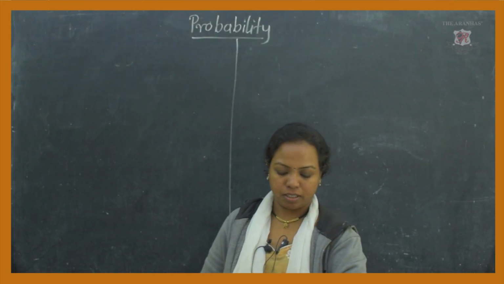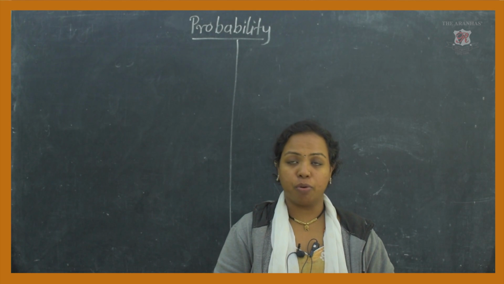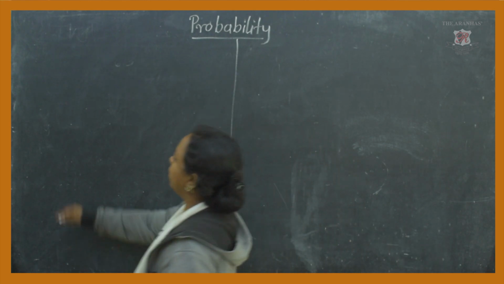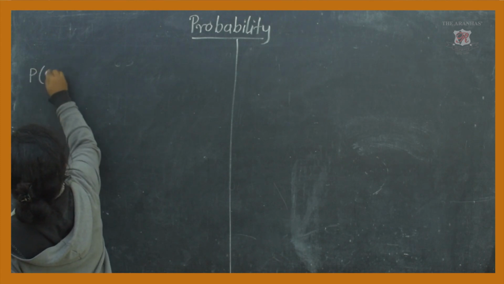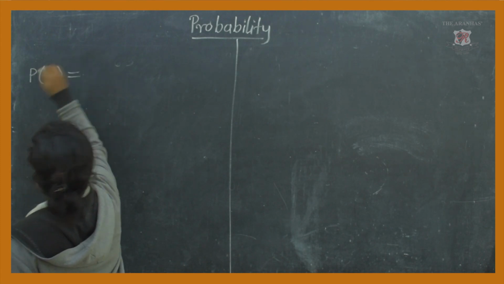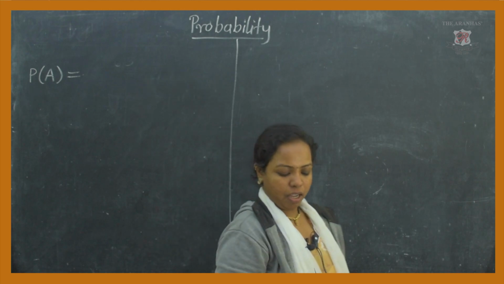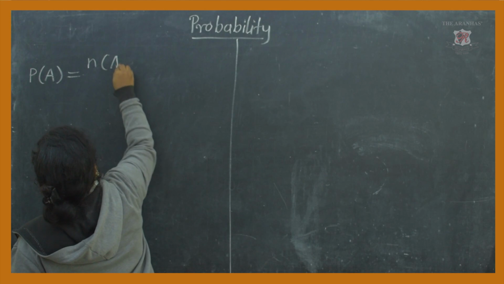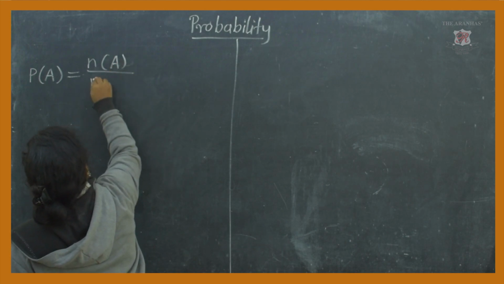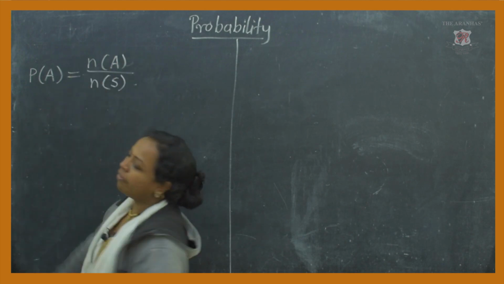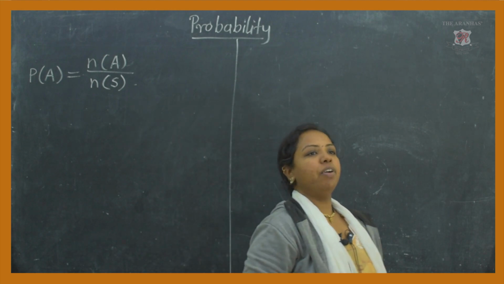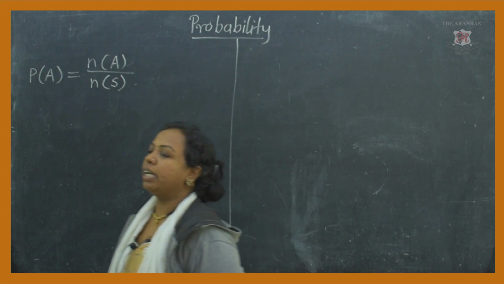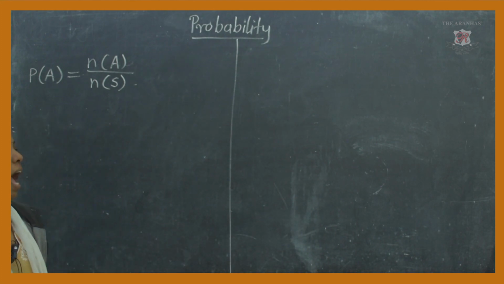Okay, good morning students. In the last period we learned how to calculate probability and the formula of probability. The formula is given by P(A) = n(A) upon n(S). Sorry, n(S). So A denotes the event, P is the probability for the given event A, and S